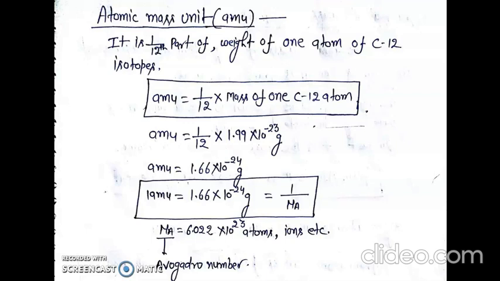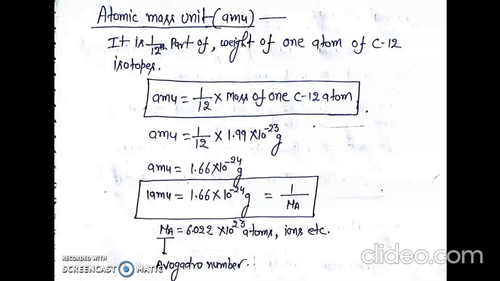Here we put the value of the mass of one carbon-12 atom and we get 1 AMU is equal to 1/12 into 1.99 into 10 to power minus 23 gram. We are calculating it and we get 1 AMU is equal to 1.66 into 10 to power minus 24 gram,